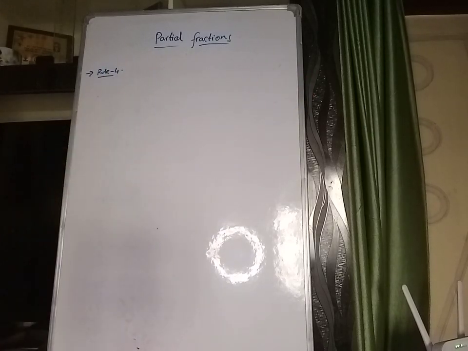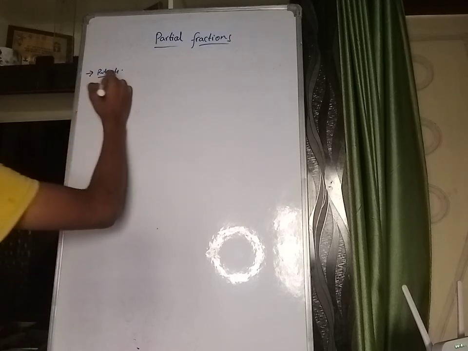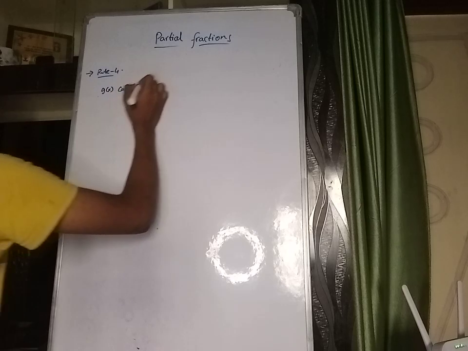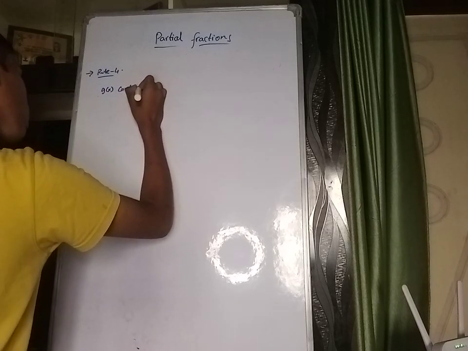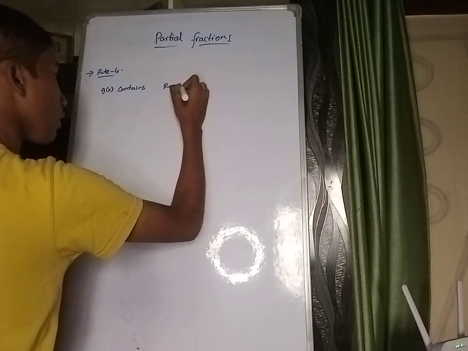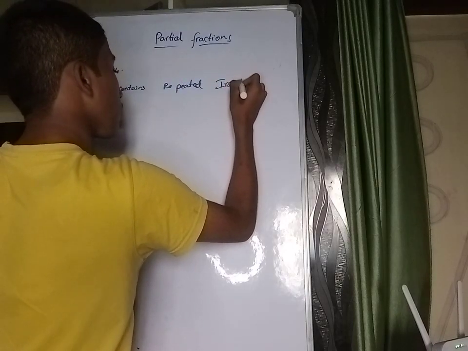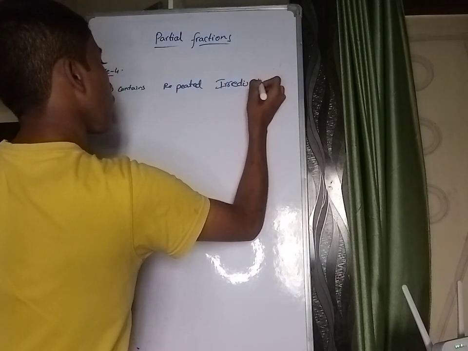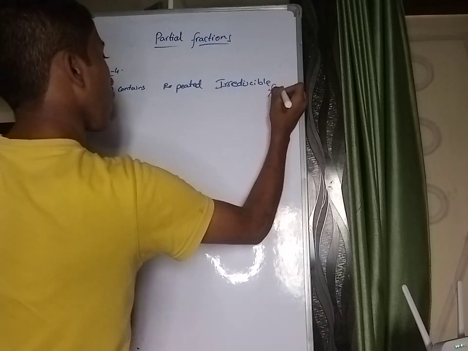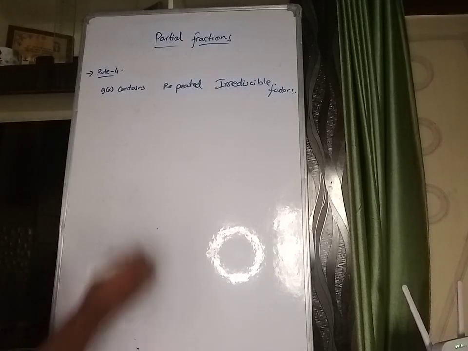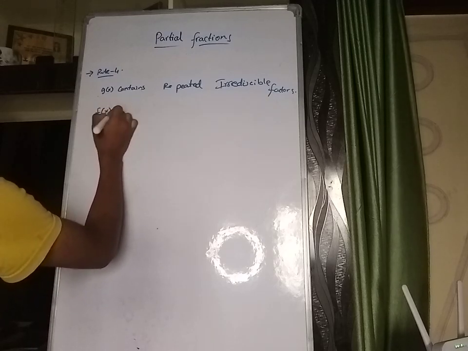Now let's talk about rule 4. Rule 4 is nothing but g of x contains repeated irreducible factors. Okay, so g of x contains repeated irreducible factors, which means let f of x by g of x be a proper fraction,